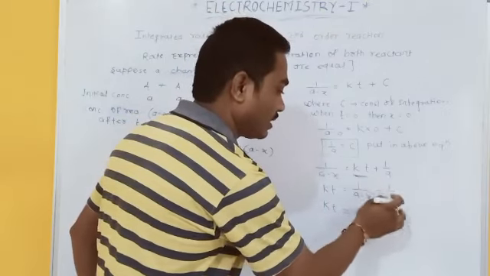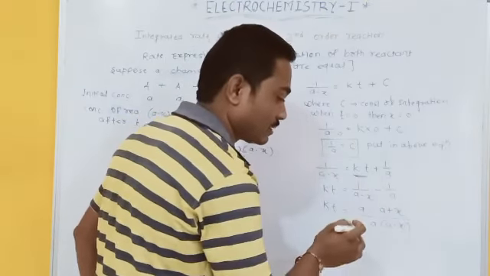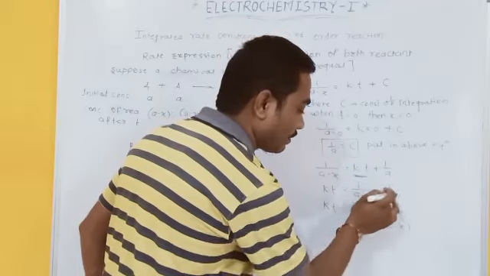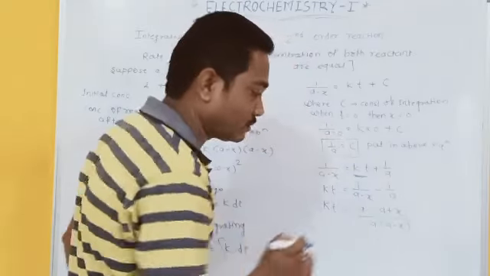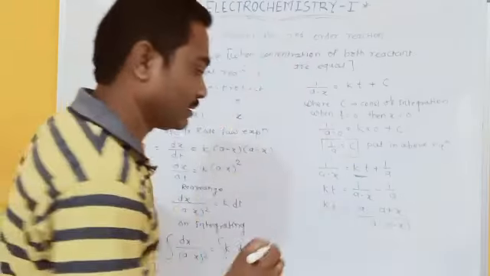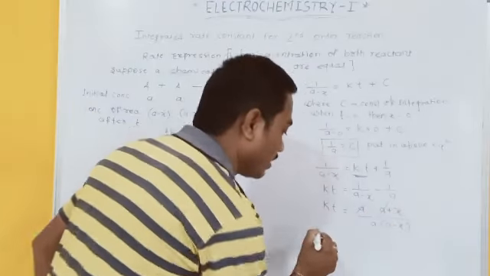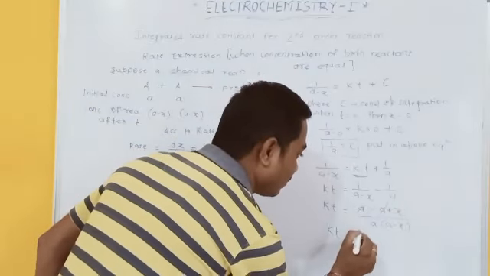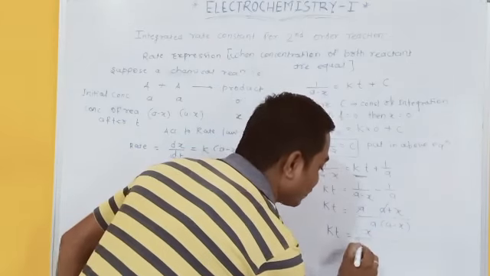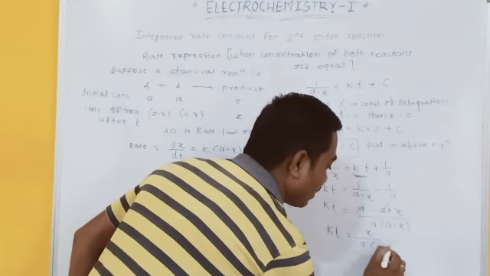क्रॉस मल्टीप्लिकेशन किया, यहाँ से इधर क्रॉस मल्टीप्लिकेशन किया, निगेटिव साइन की वजह से यहाँ पे पहला निगेटिव आएगा, बाद में पॉजिटिव, a इंटू ए माइनस एक्स, ए कैंसिल हो जाएगा. kt is equal to x divided by a into a minus x.